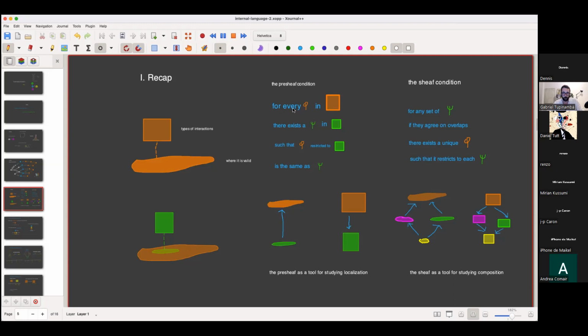So when I say for every phi in the orange box, I'm saying all these different little interactions that can happen. So for every one of them, there exists a psi, or this green interaction inside the green box, such that when you restrict the phi interaction to the green area,